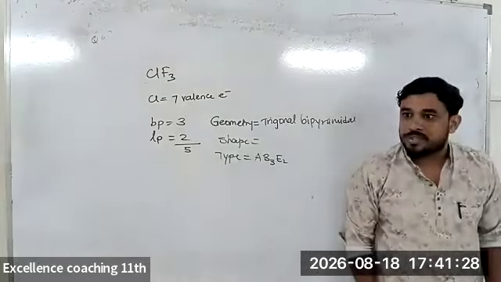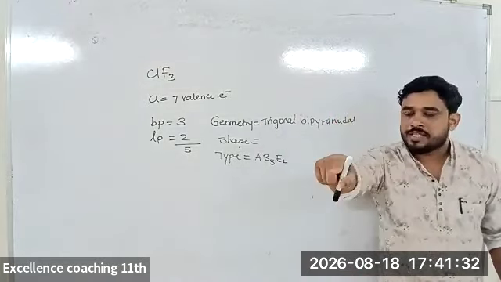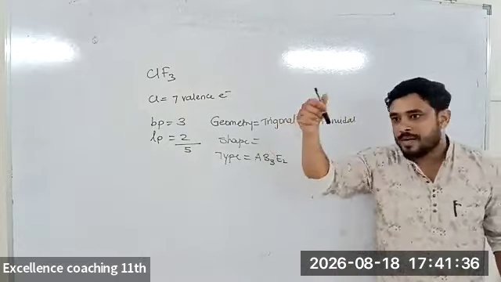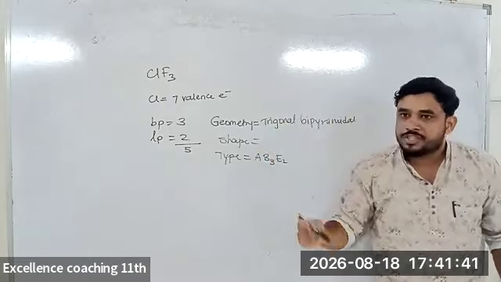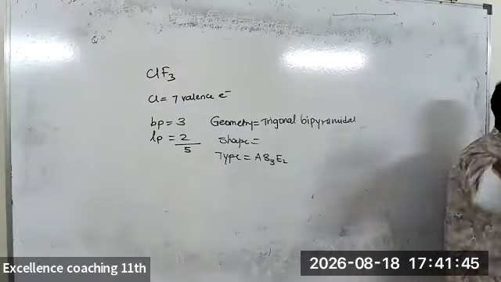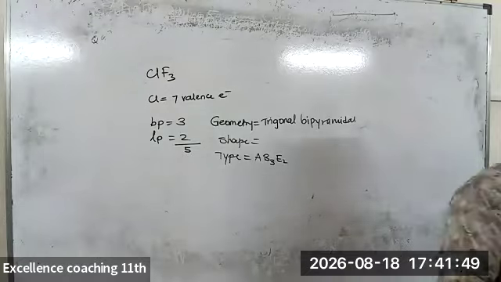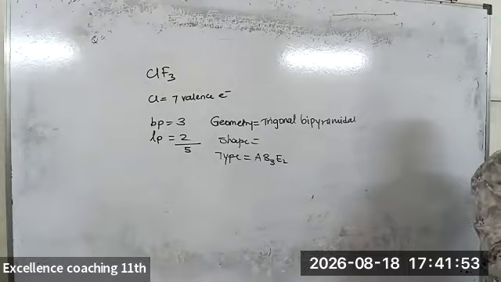Shapes are different. This question. Shapes are what? Different. First I got geometry and shape same. Second I got shape is what? Seesaw. Here also geometry was trigonal bipyramidal. Here also I am getting trigonal bipyramidal geometry. But shape will be seesaw. Then how many lone pairs? 0. Second I got 1. So 3 lone pairs are how many lone pairs? 0. So you got an idea that